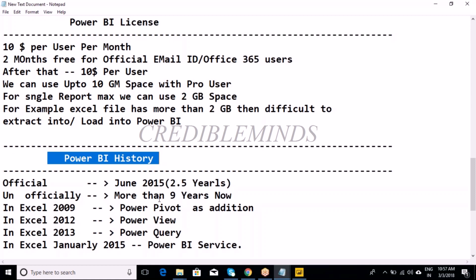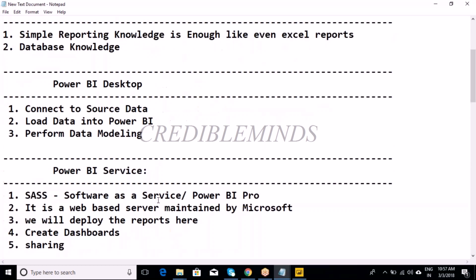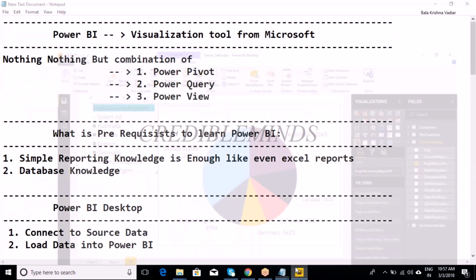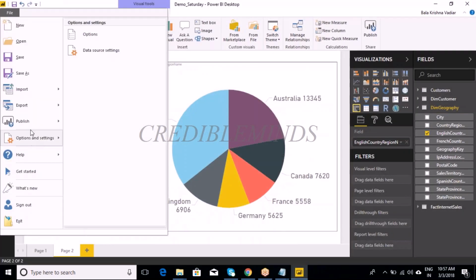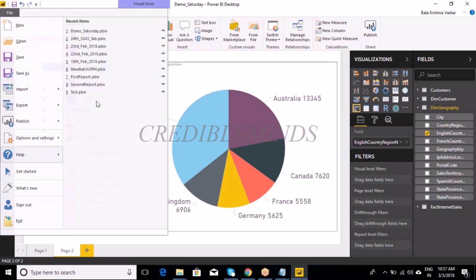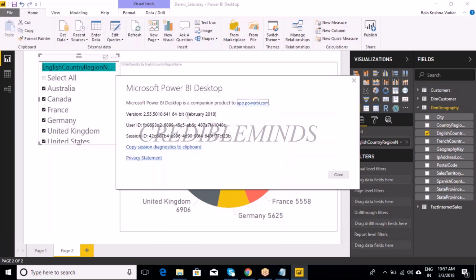What is the meaning of that? We will understand that. So coming to one of the questions, Power BI also has advanced versions and advanced features, but the only advantage is, if you go to Power BI, go to File, and there is an option called Help, and click on About. Now what is the version of this?